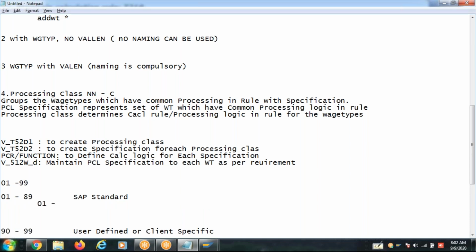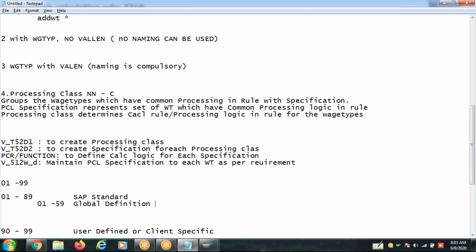In this, 01 to 59 have a global definition. 99% of the time, 01 to 59 is common for all countries. That is the standard SAP international payroll solution.